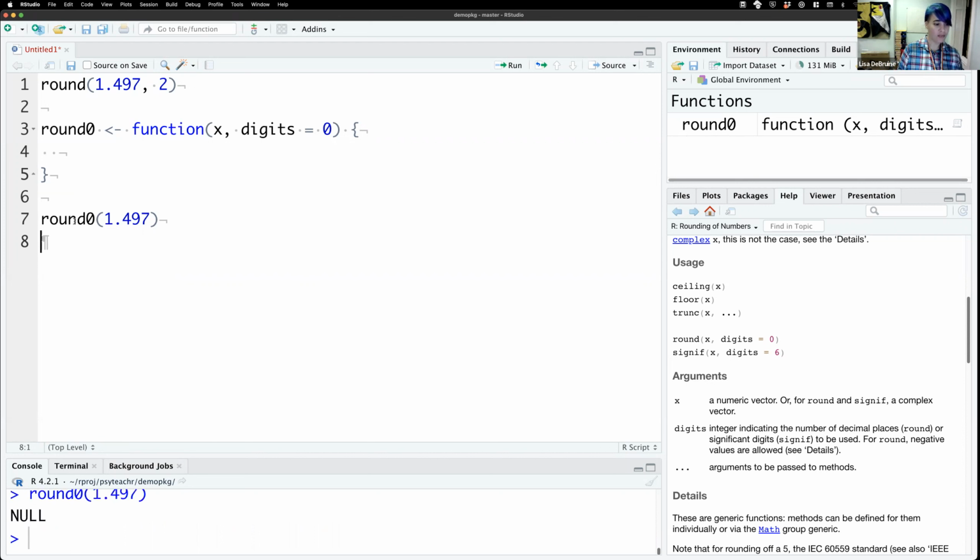So if we run this, we still get NULL because there's not actually any code in here telling us what to do with x, what to do with digits. We've got to write that code. All right, so how do we write that code? We're going to need to actually use the sprintf function here. So if you do sprintf, I'll show you what